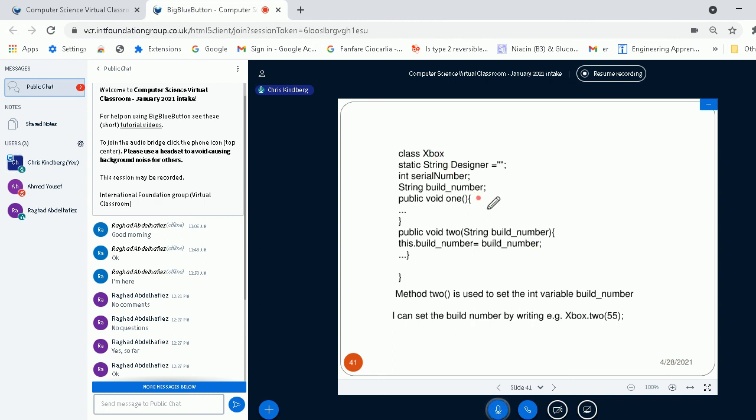Whatever I specify here, like 1567, is going to be assigned as a string to build number here. So I can set the build number simply by writing Xbox export.